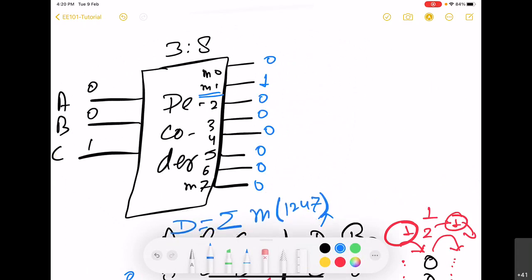So we know that if we want to do, say, x plus y plus z, then we can do the NAND of X bar, Y bar, Z bar, right? So we have been allowed to use NAND gate.